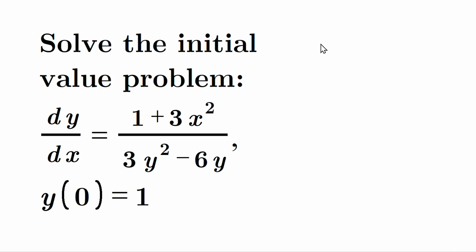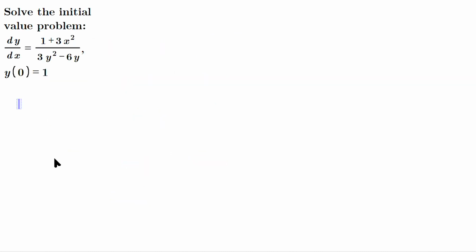Let's solve the initial value problem dy/dx equals (1 plus 3x squared) over (3y squared minus 6y), and y of 0 should be equal to 1. We can do this by separating the variables. We will have therefore (3y squared minus 6y) dy equal to (1 plus 3x squared)